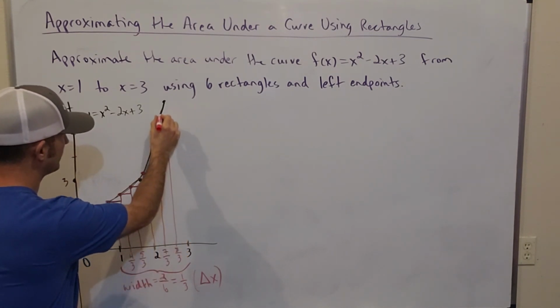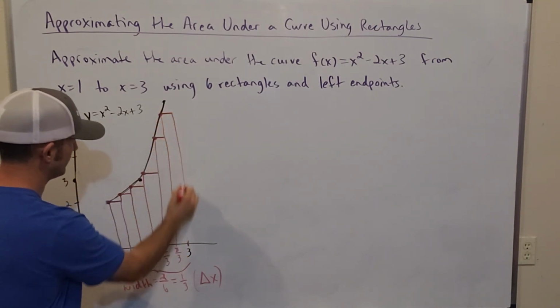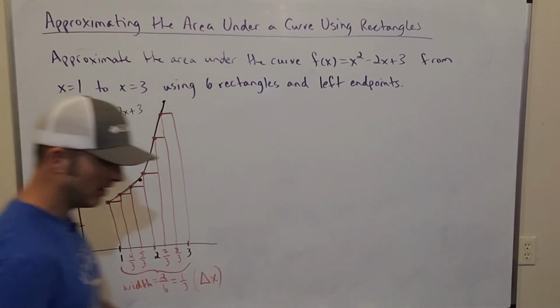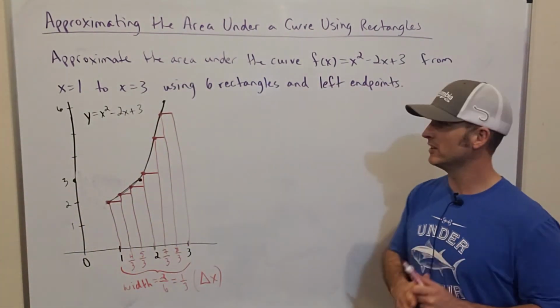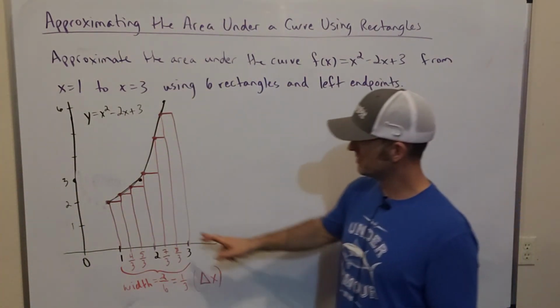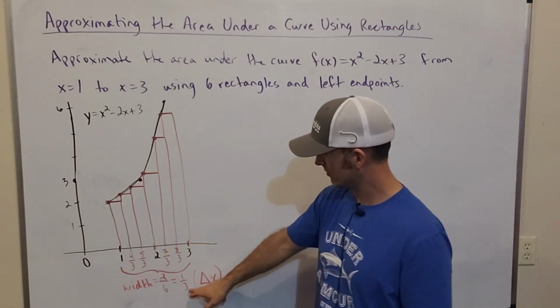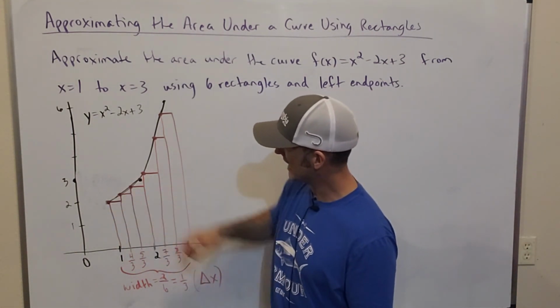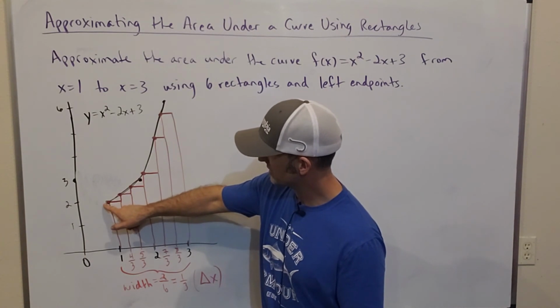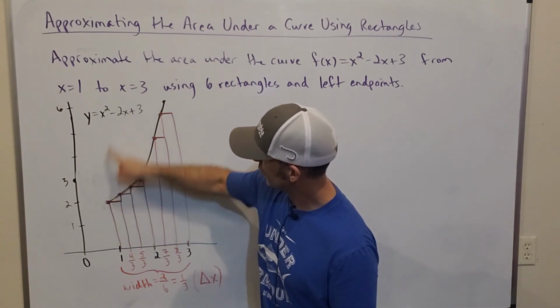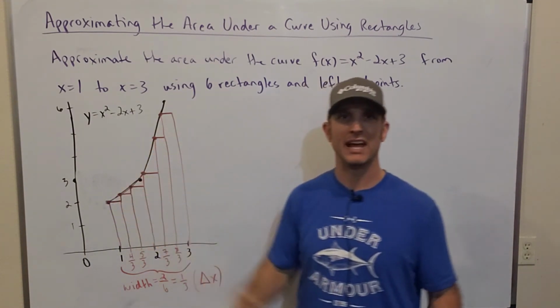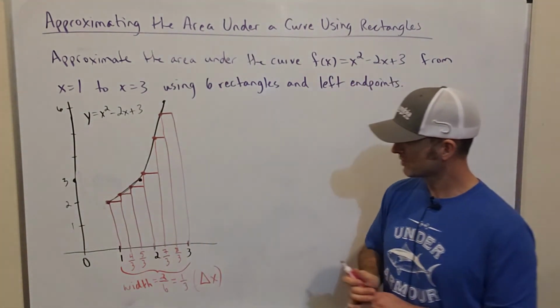All right, so a very badly drawn picture, but hopefully enough to convey the idea. So we have 6 rectangles of equal width, 1/3, in different heights, but the height of each rectangle can match up with the height of the curve at those points on the left side. So now,